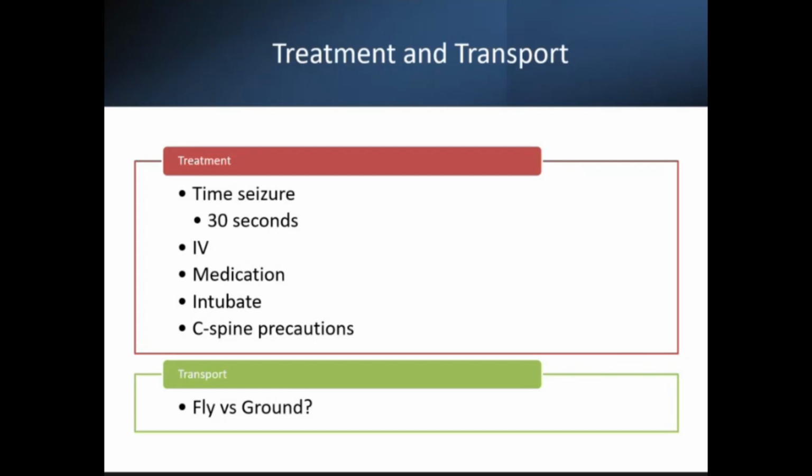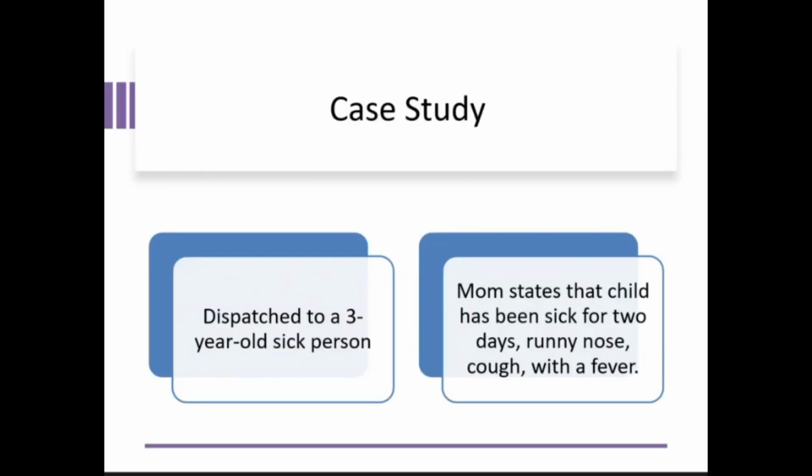This is what's happening. 3-year-old, sick. Everybody already knows where this one's heading. Mom states kid's been sick for 2 days, runny nose, cough, and a fever. Okay. What are you going to be concerned about on a temp on a kid? How high is it? How high when you're like, oh shit. Everybody's a little different. You're not wrong. I usually say 103 to 104. That's kind of my range. But if we're above 103, I'm like, ooh.